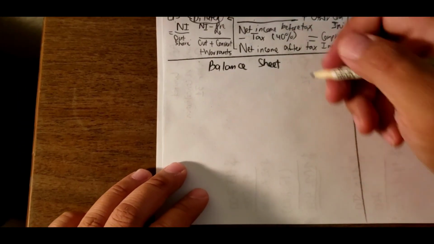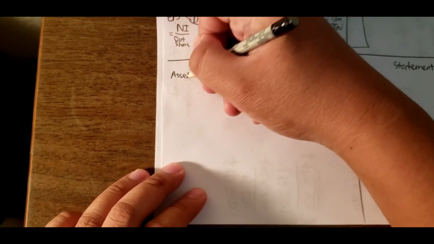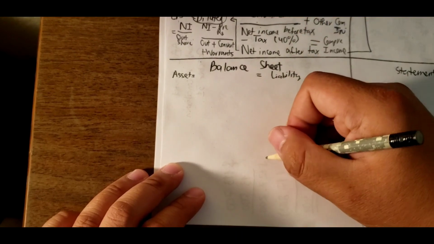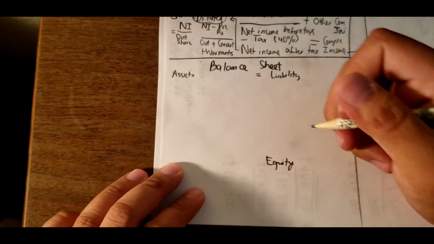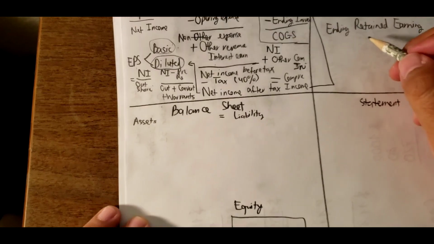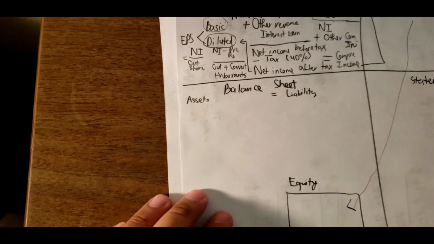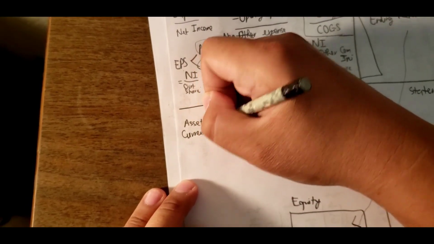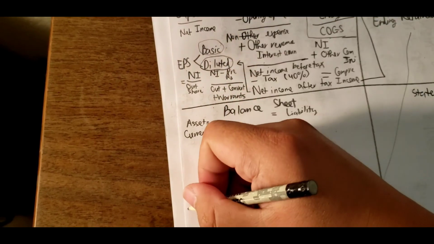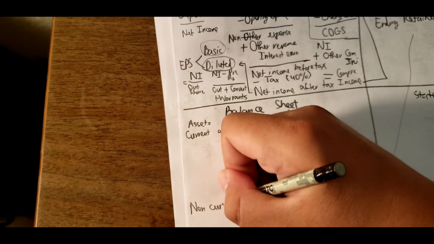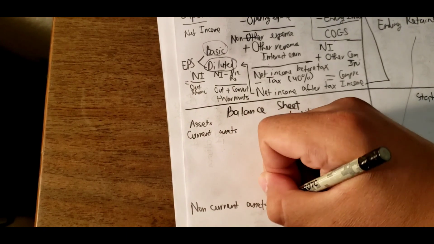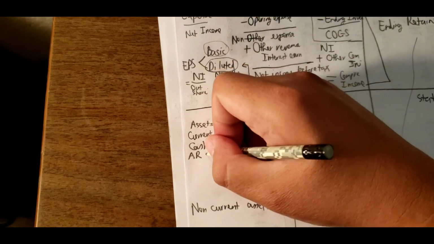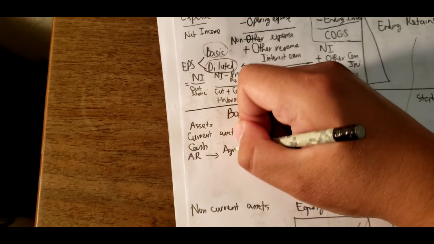Next one is the balance sheet. In the balance sheet, we have assets equal to liability and equity. Equity is about the small table from here that we move over there. So in the assets, we will have current assets and non-current assets. We have cash. We have accounts receivable. In accounts receivable, we will learn about the aging method,